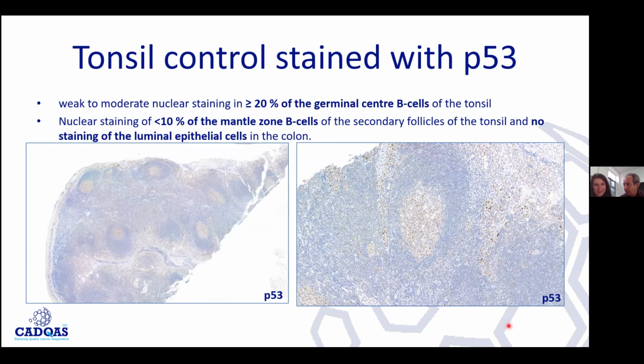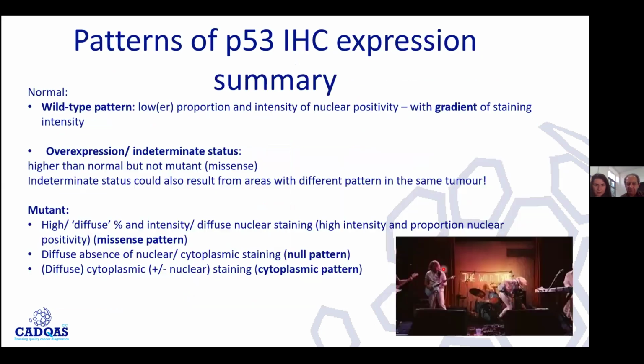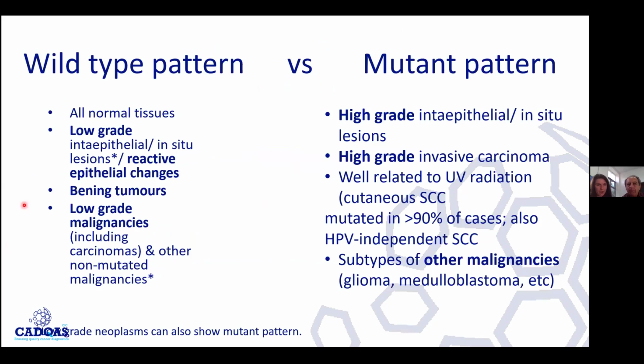We always use lymphoid tissue for everything. It's based on 20% germinal center cells, weak to moderate, and then less than 10% in the interfollicular areas, mantle zone. And this was a summary to kind of describe these patterns: the wild type pattern, the overexpression, which is in between, and then the 3 main mutant patterns. Now, this again summarizes the fact that the wild type pattern is seen in normal and in low-grade neoplasias, whether in situ or invasive,